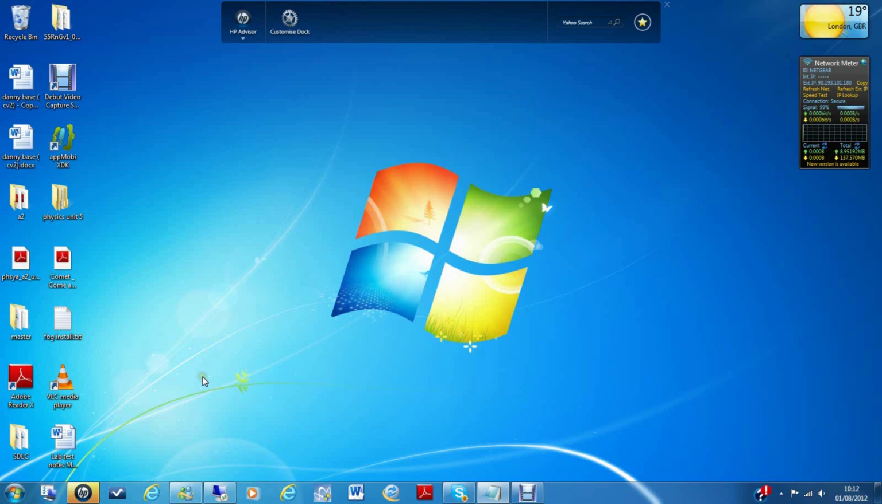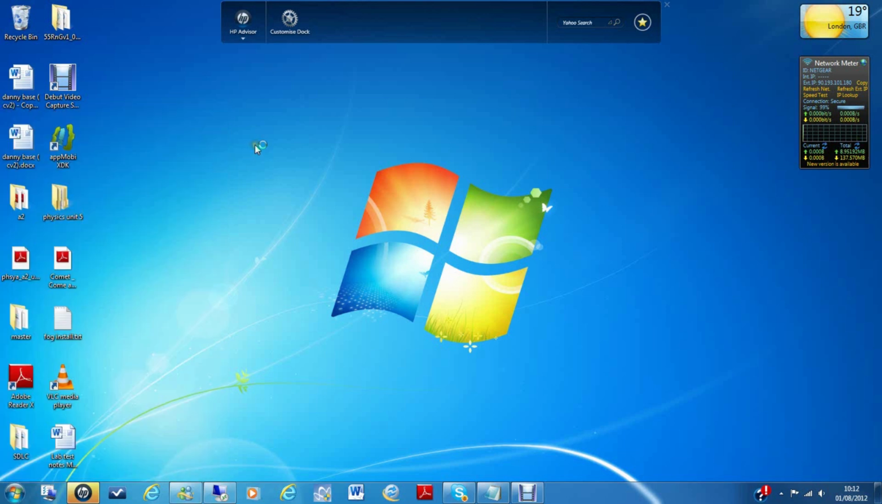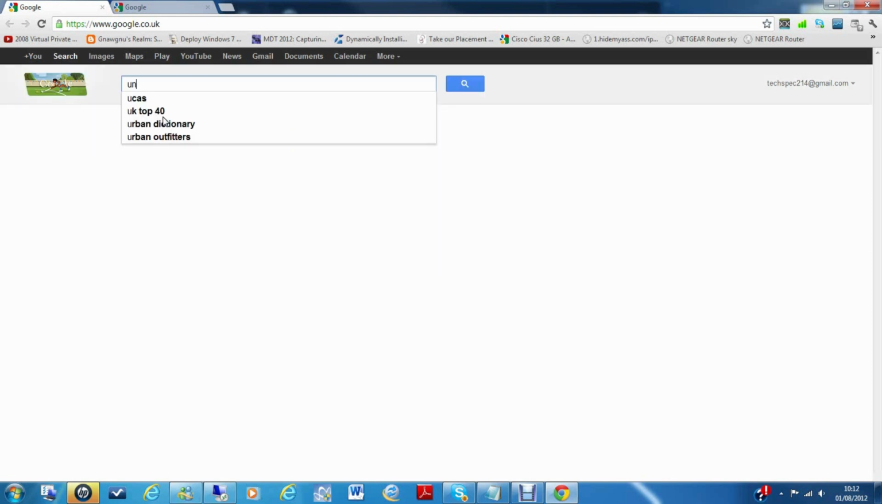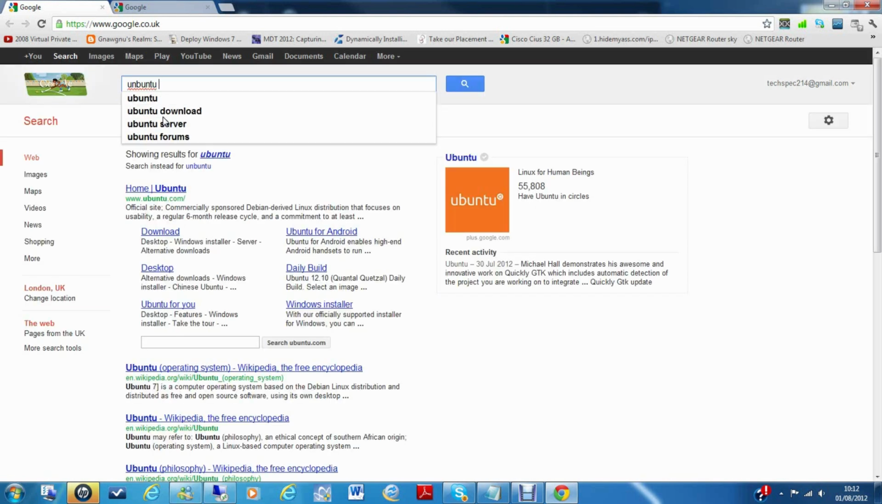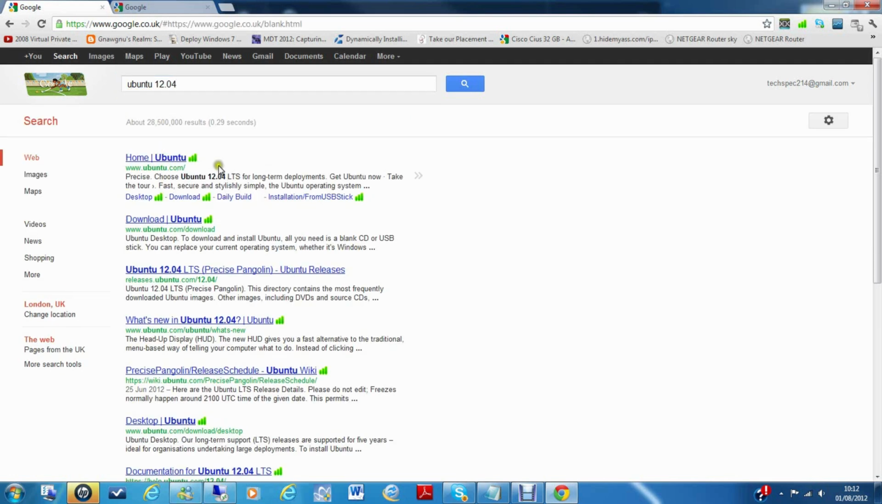So to get Ubuntu, what I recommend is going to Start, Google Chrome or Internet Explorer, Firefox, or whichever browser you have. Okay, it's up. I'm going to bring that over here and just type Ubuntu into Google. Okay, the latest version is 12.04. That's the version I will be using. Then go to download,